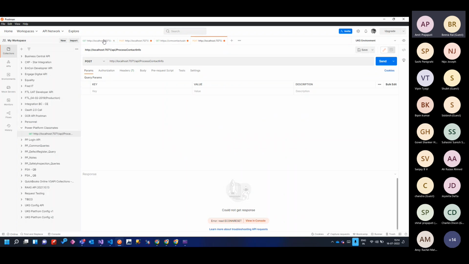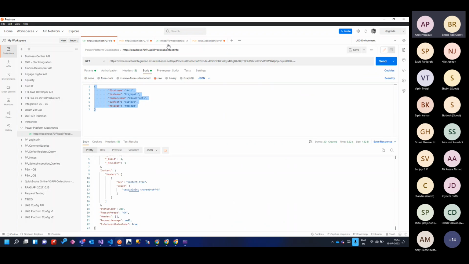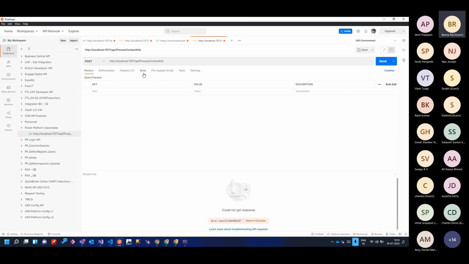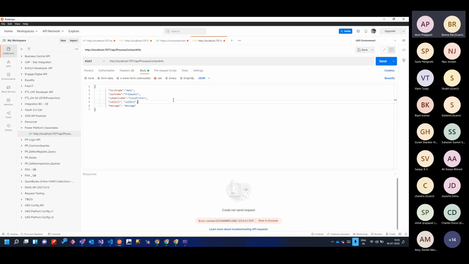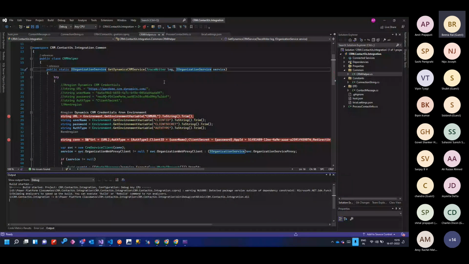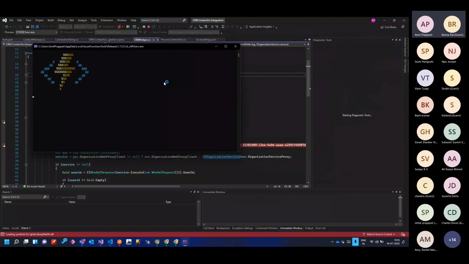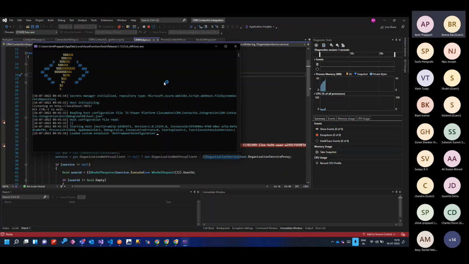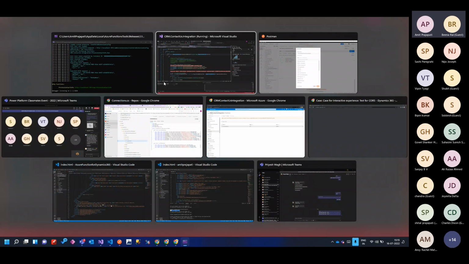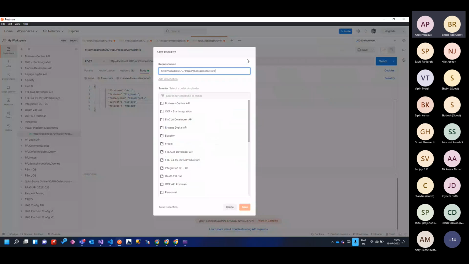Now what we'll do, we'll copy this payload and just try to send it from the local development. So give me 1 minute. I'll just try to send it again. Okay, sorry, it's not running. So majorly one of the mistakes developers make while developing an API is that they don't save their